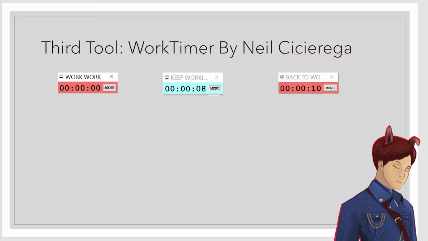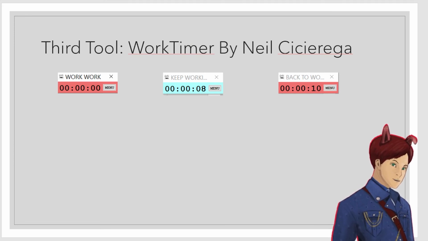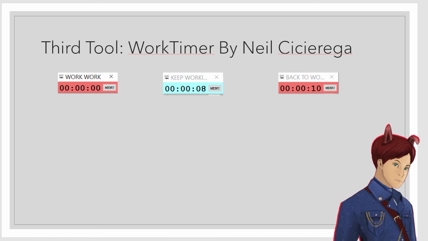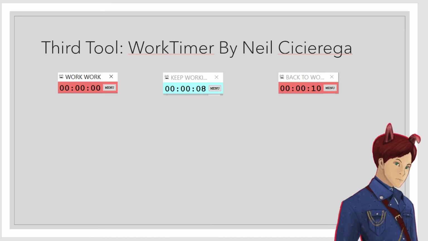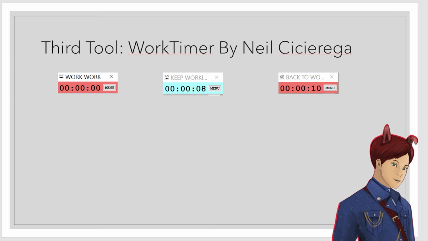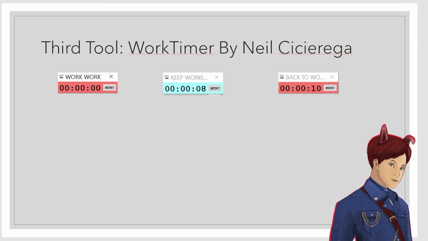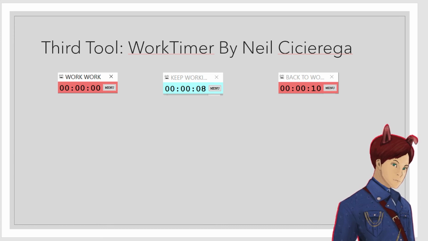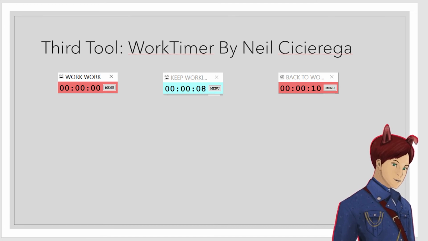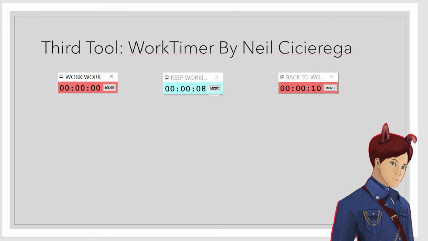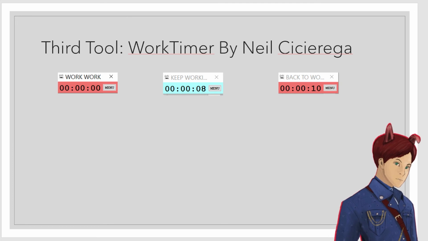So the last one I have is a work timer app by Neil. I don't know how to pronounce that, but he's basically the creator of Proko Pals. He's done a lot of work, Sitcom or otherwise. Basically this app picks up on the program of choice, Photoshop, etc., and stops counting when you click off it. The moment you click on it, it will start counting. Okay, you're working, and when you click off, you're not on it. This might not be the most mindful in the sense that it's saying back to work and it's red, but you can always use it as kind of a reminder when it comes up. You go like, oh, I've worked this much, and you can convince yourself and motivate yourself more in that sense. So you don't have to look at it in such a bad way, even though it seems like a very nagging back to work kind of thing. So yeah.